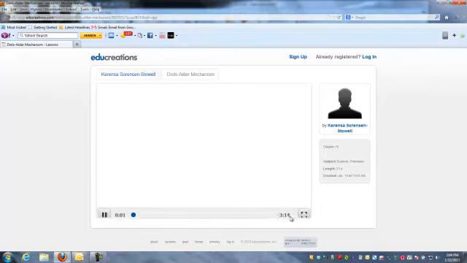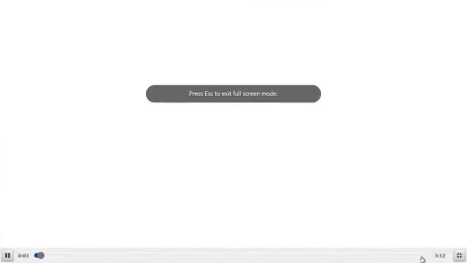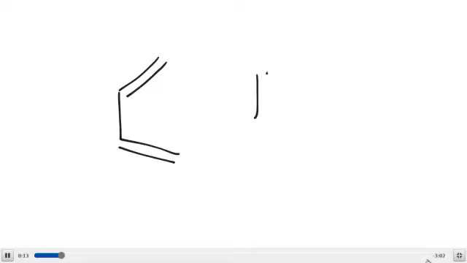Another way to make a carbon-carbon bond formation reaction occur is through a Diels-Alder reaction. When you do this, you need to have a diene and a dienophile. The dienophile can be an alkene or it can be an alkyne. And the diene, I'm going to draw some groups here in red and green,